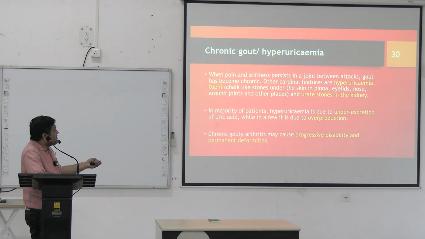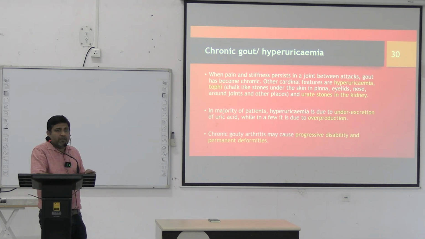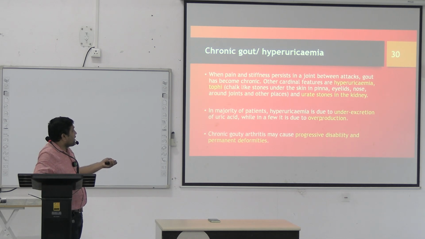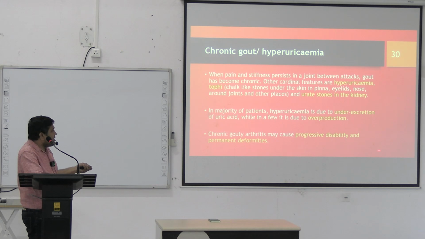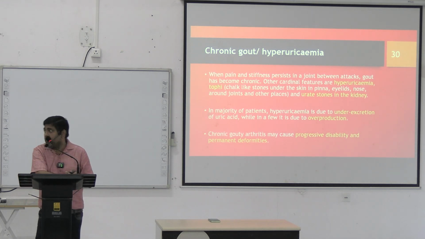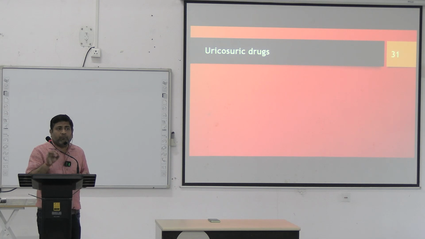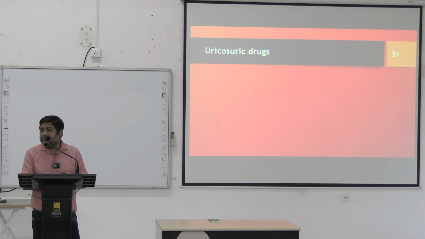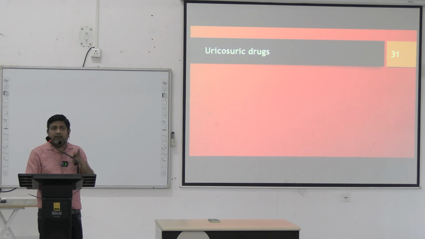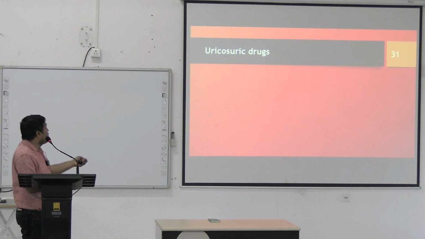In majority of patients, hyperuricemia is due to under excretion. Uric acid excretion kome jay. But in a few it can be due to overproduction. Chronic gouty arthritis may cause progressive disability and permanent deformities. So, when we are treating a chronic gouty arthritis, the drugs can be divided into two groups. One is uricosuric, that increase the excretion of uric acid, and the other is basically uric acid synthesis inhibitors. So coming to uricosuric drugs,